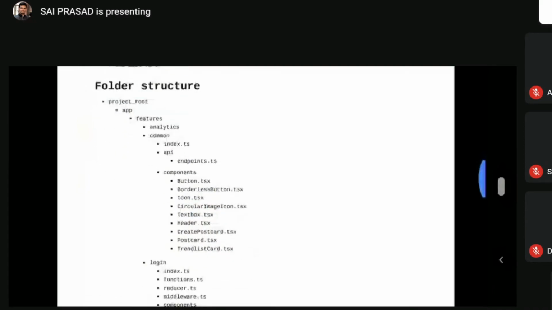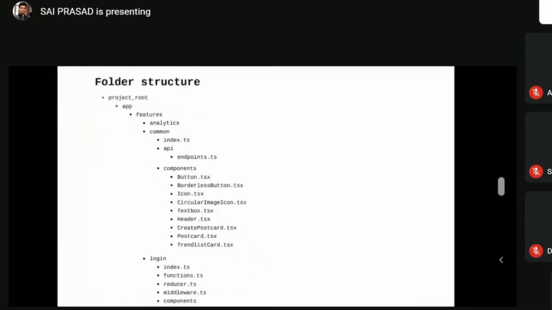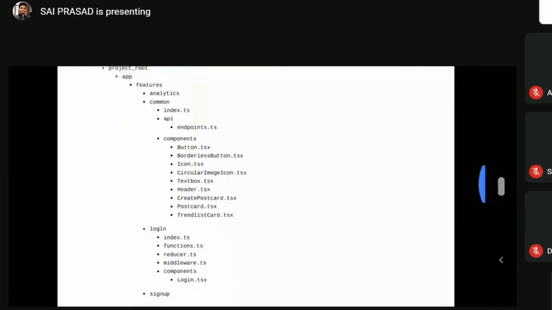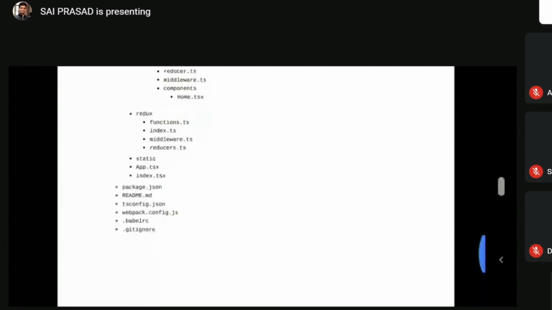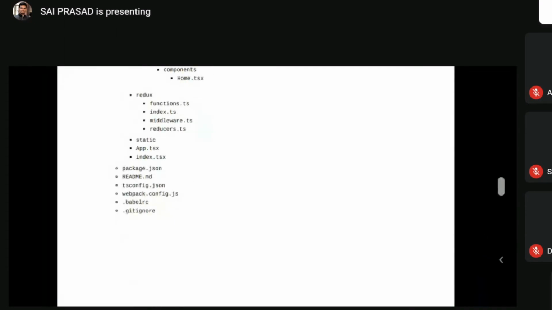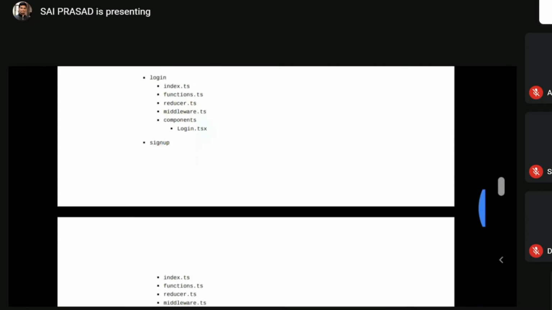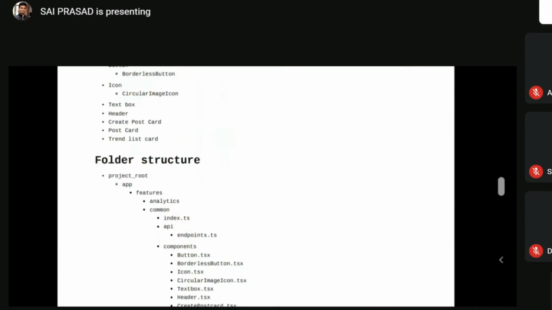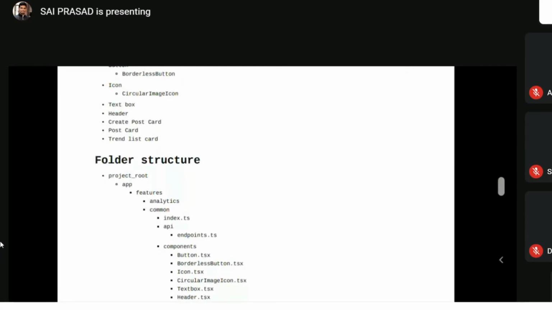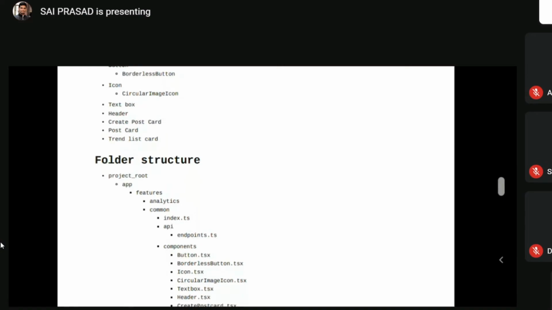So when it comes to folder structure, we basically have a root folder. In the outer root folder, we have app. Then we have package.json, all the React and JavaScript stuff. Then the pattern we are working on is basically the Ducks pattern, if you have heard of it earlier. So Ducks basically deals with the features. It is highly scalable when it comes to scaling the project up or down, maybe removing or adding some modules. So that is why we have chosen the Ducks module here.